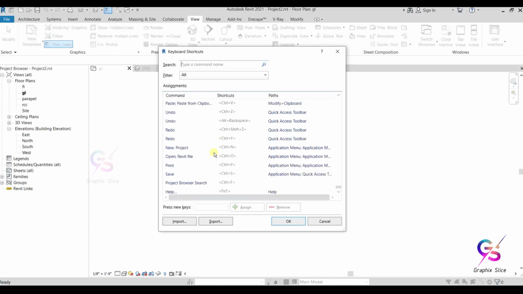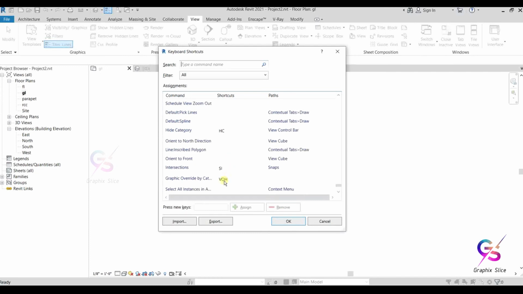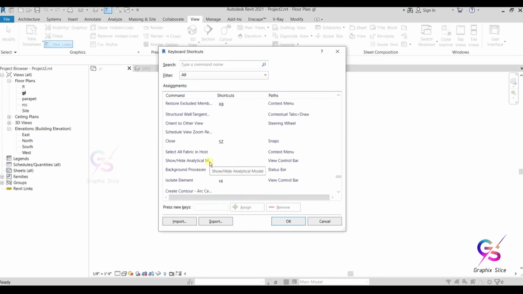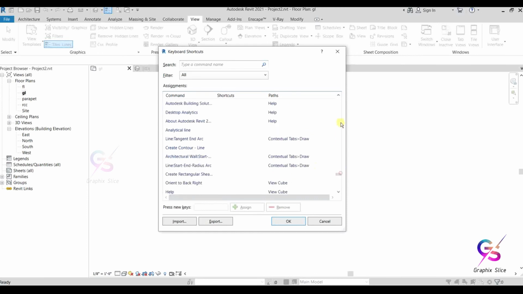These are all system reserved shortcut commands, so you can't edit those. Except these, you can prepare any other shortcut commands. Here we can use two alphabets, even three alphabets, but in AutoCAD we can't. So here we can use five types of alphanumeric codes.